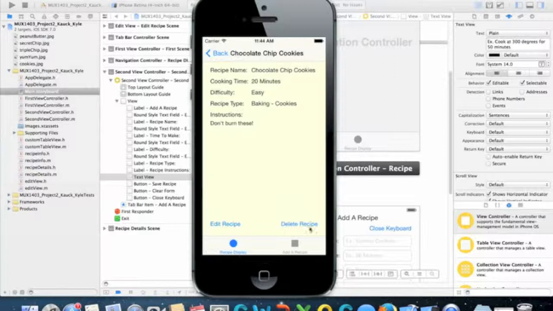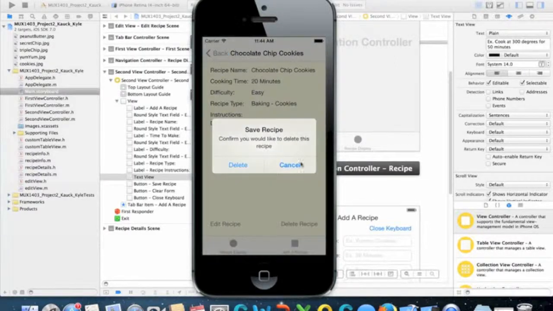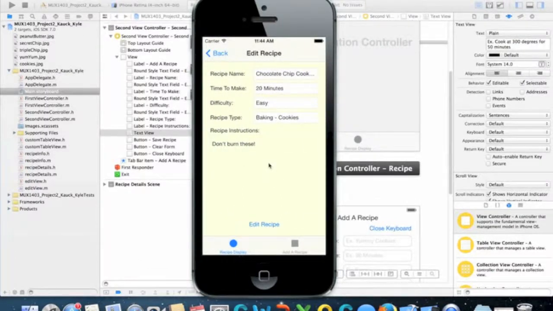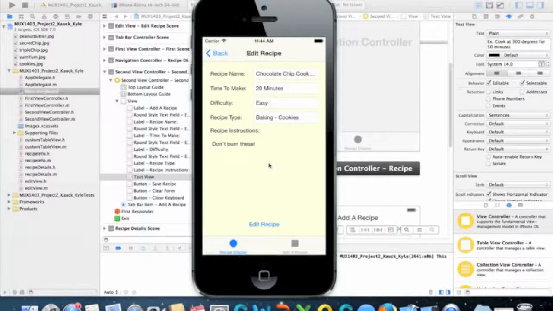So then we'll go back in here, and users found the interface relatively easy to understand. You've got your delete recipe here, and then edit will bring you to the next page. So there was no real big issues here. People found that very easy to do. Again, most of this page was very easy for the users to understand. No real big complaints here. For this, the only real one that some had was some possible outline to the text view here,